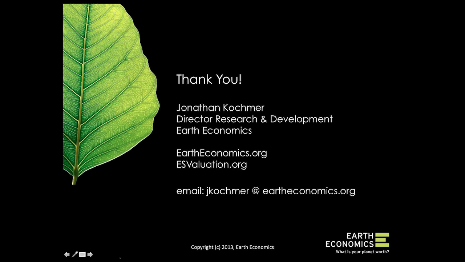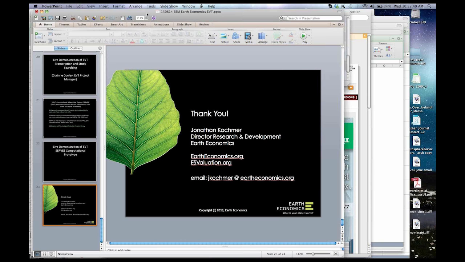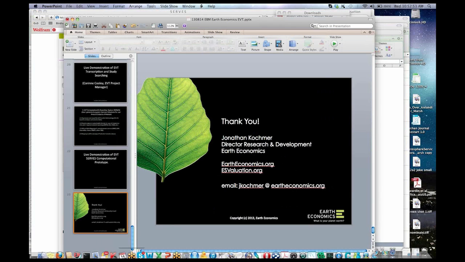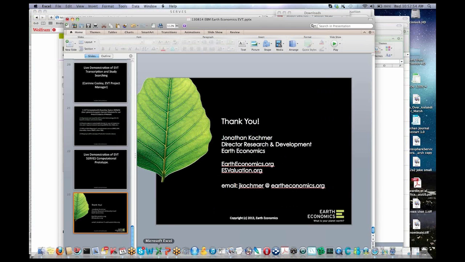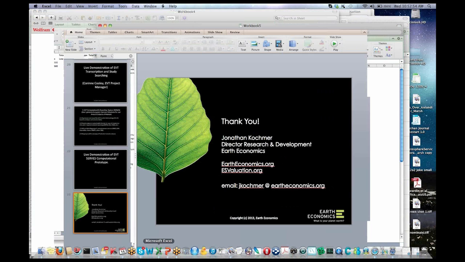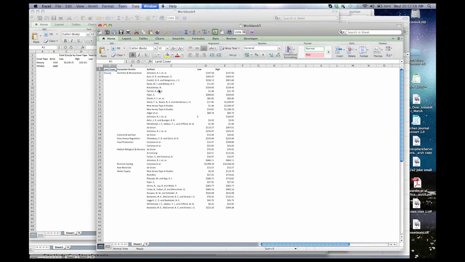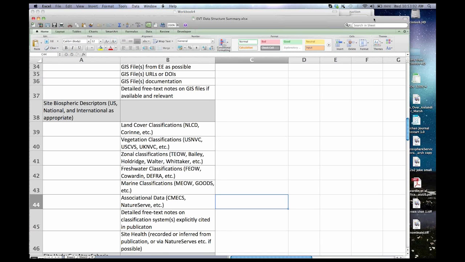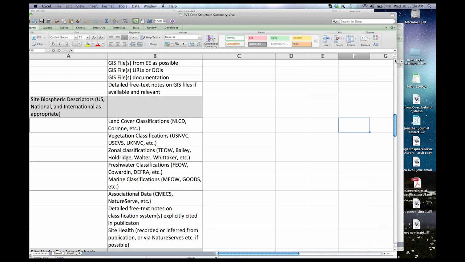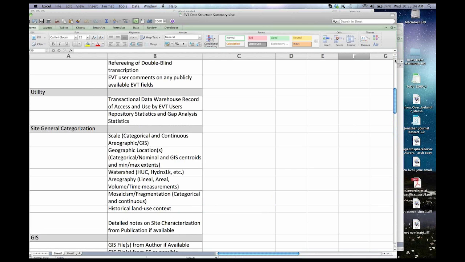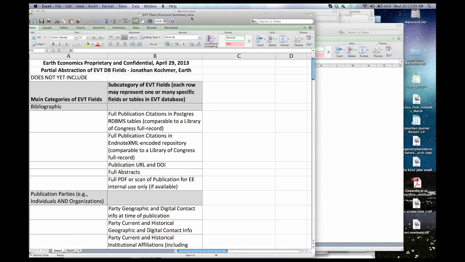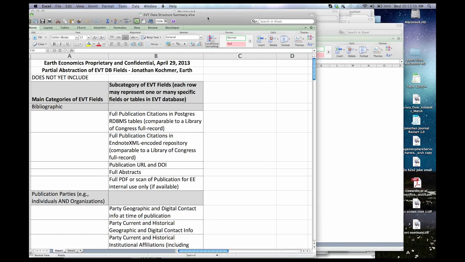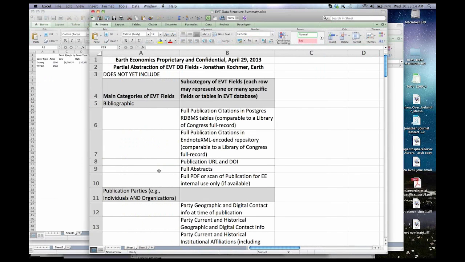I just want to show one more thing here. You got a sense of the depth and breadth of the kinds of values that we're pulling from the studies, but I just want to show you at a very high level the data structure. We have roughly 450 discrete fields that we're collecting, and they range, of course, from the bibliographic information, which is highly regularized in